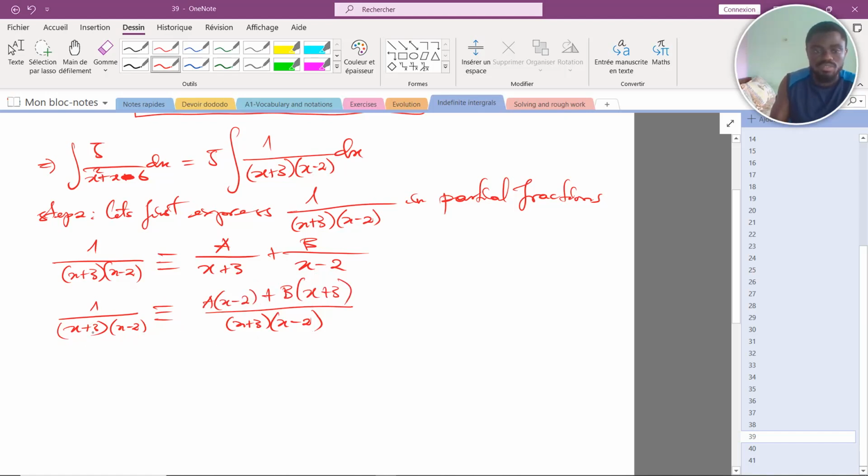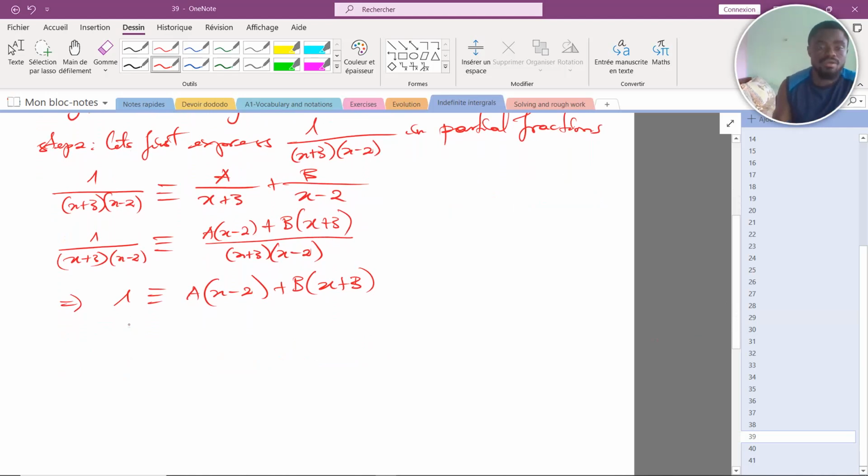So for these two fractions to be equal, necessarily the numerator has to be identical to this other numerator. So this implies 1 must be identical to what? A into x minus 2 plus B into what? x plus 3. Okay,